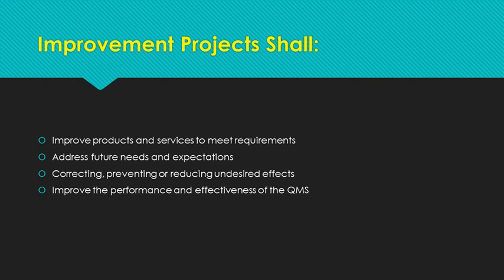Or an improvement project may address future needs and expectations. So there's a category of problem that you know will crop up in about 0.01% of the product, but you want to eliminate it. Or there is a feature, like in a cell phone, that you see that people would like. So that's an improvement project. It can be correcting, preventing, or reducing an undesirable effect. So maybe there's a small scratch, or maybe there's variation in color, or maybe it's medicine and it's not effective in all cases. It varies according to dosage, and the dosages vary from pill to pill.